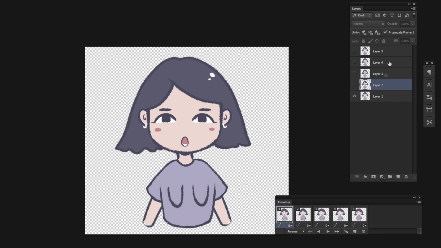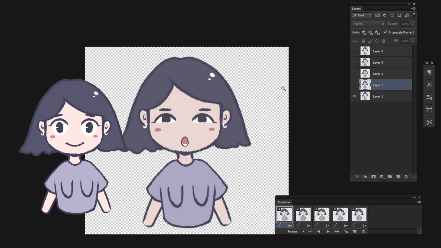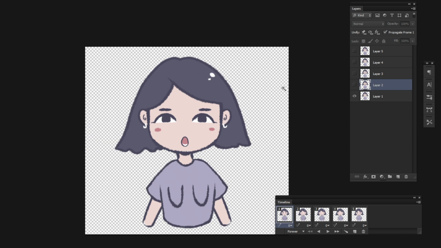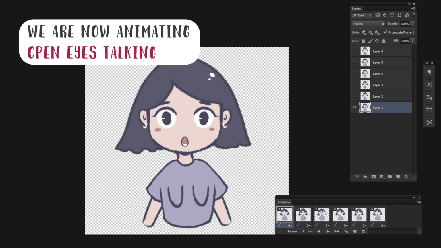For example, this is already animated, by the way. This is a GIF of when she is blinking and talking. I started off with half closed because the first image of the VideoTube app is static. But when she starts blinking and talking, you can choose to keep the images static as well. I chose to do it in GIFs so she has more motion. When she is talking while closing her eyes, you can see there are different mouth expressions. So here is the finished GIF for when she is talking without closing her eyes.